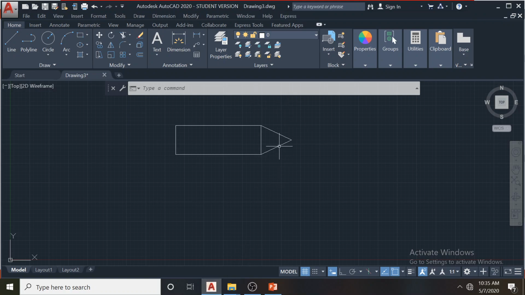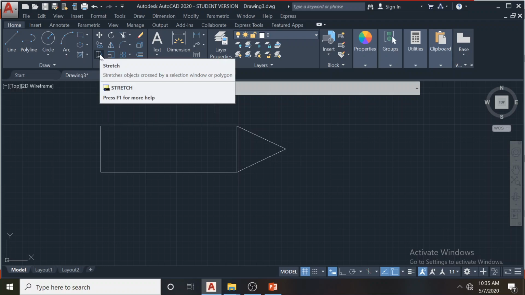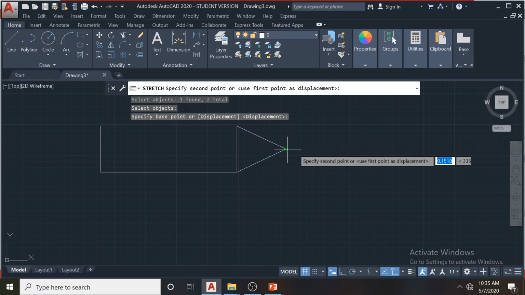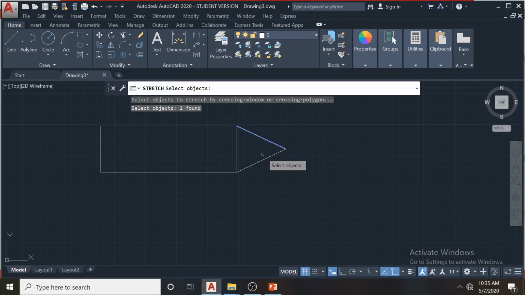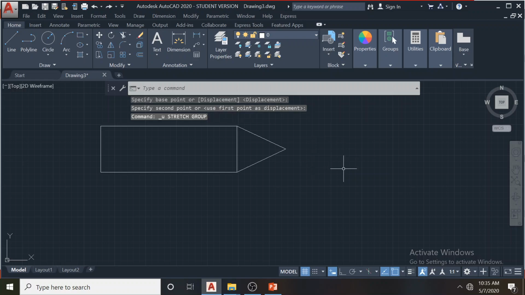So here, if I want to do that, there's a tool called stretch. When you run the stretch tool, it will ask you to select the object. Now if you select these two and press enter and try to stretch, it's not going to work. It's like moving. Now when you run the stretch tool like this, select this thing and this thing and this and enter, still it's going to move. In some software like SolidWorks, you don't have this problem. When you select this one and this one, you can stretch, but in AutoCAD it's not going to work that way.